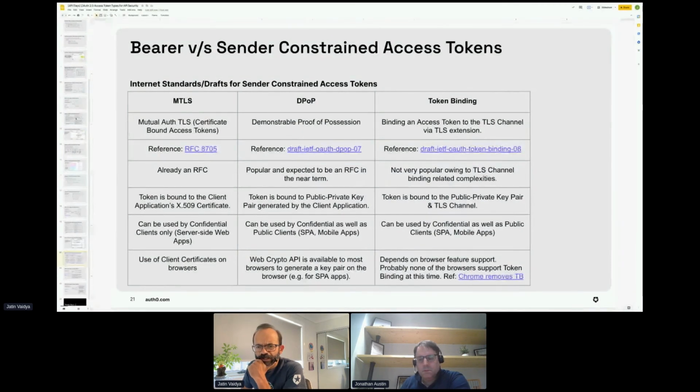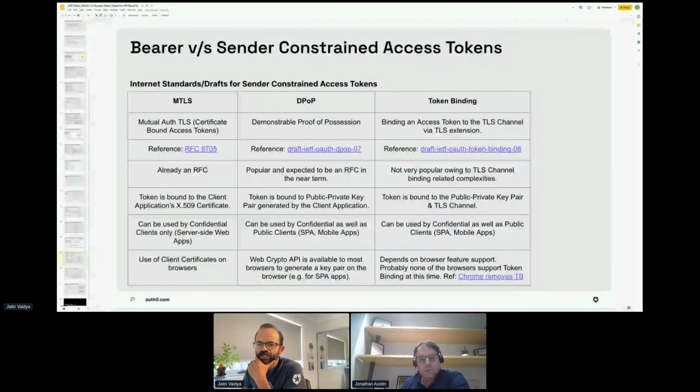And in that case, the simplest possible solution would be to use the machine-to-machine access token over a TLS channel. So that would probably be the simplest. Because even though they are communicating over the public internet, that communication channel is still secured using TLS. So that's probably the default way to do that.